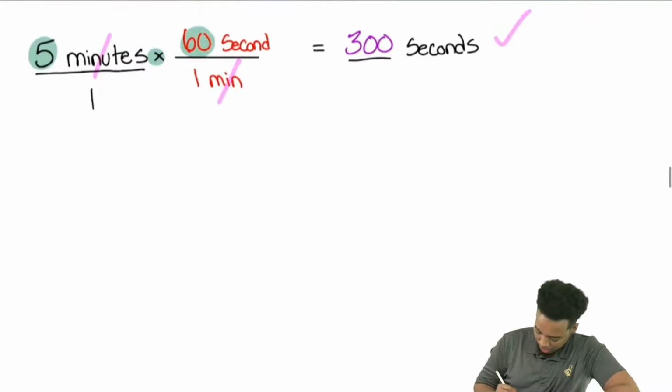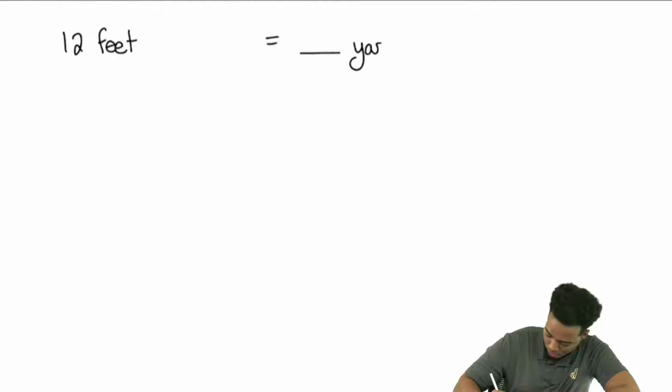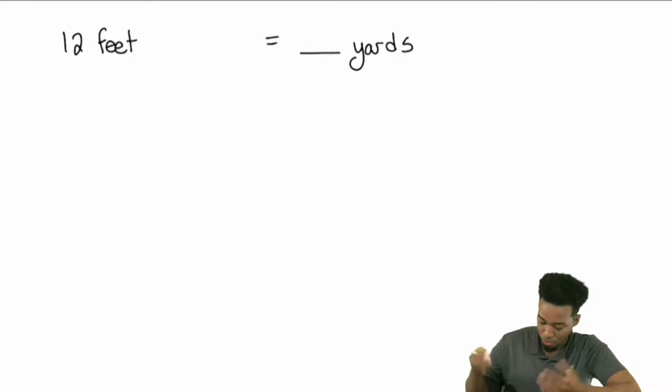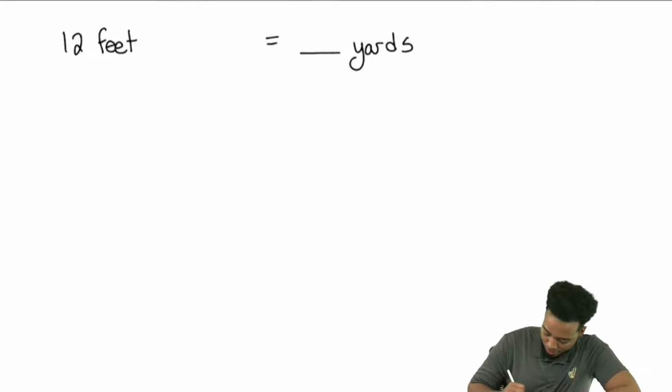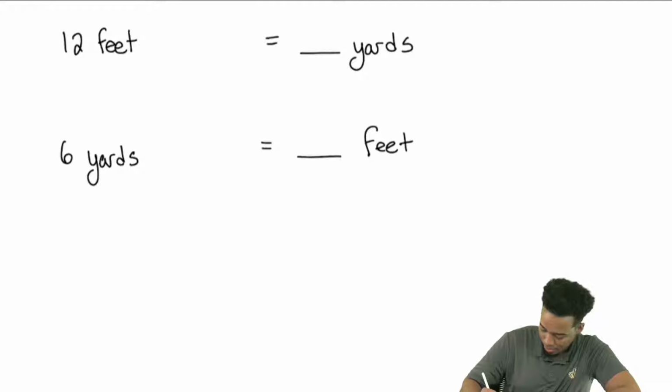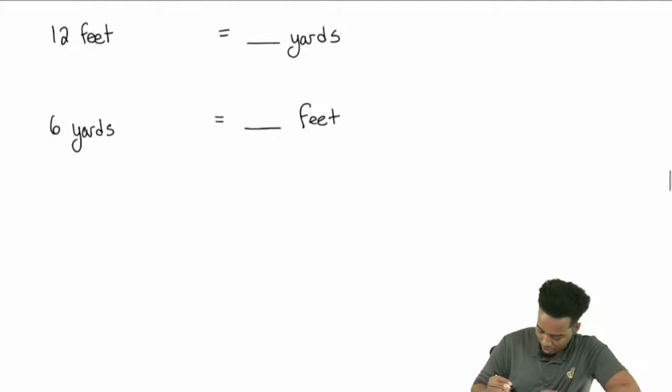So here we go. Let's look at some examples here. I want you guys to start off by doing some of these. So 12 feet equals blank yards. We're going to have this up next. We're going to have 6 yards equals blank feet. We're also going to have